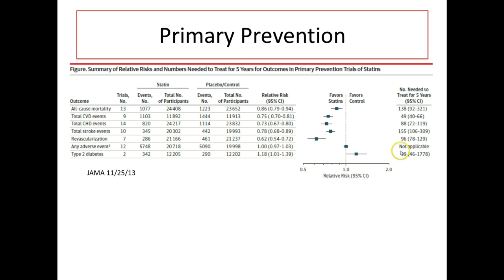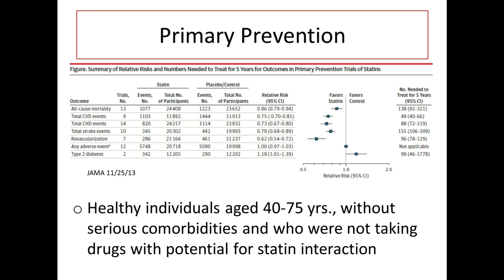The number needed to treat was 99 here. So for every 99 patients that you treat with a statin, you'll cause one excess case of diabetes that would not have happened otherwise. And the caveat of all these primary prevention studies and the meta-analysis I present here and